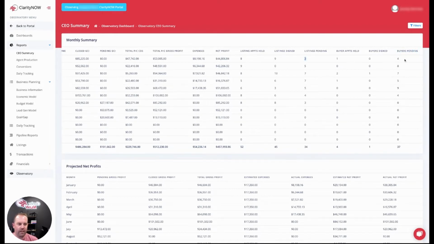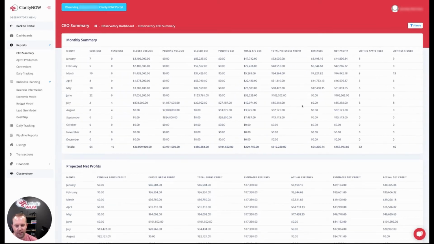So in January, they sold 7. Then they sold 13. Then they sold 14. Then they sold 12. Then they sold 14. Then they sold 8. They've sold 3 so far this month. So to expect them to go from basically 12 to 13 a month to 29, we're in trouble. We've got 30 days to do it, right? So first and foremost, I hope that helps.